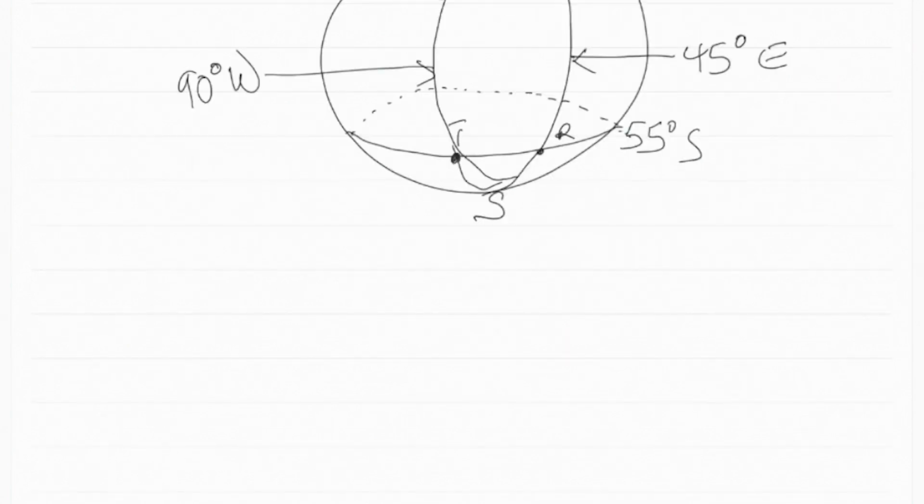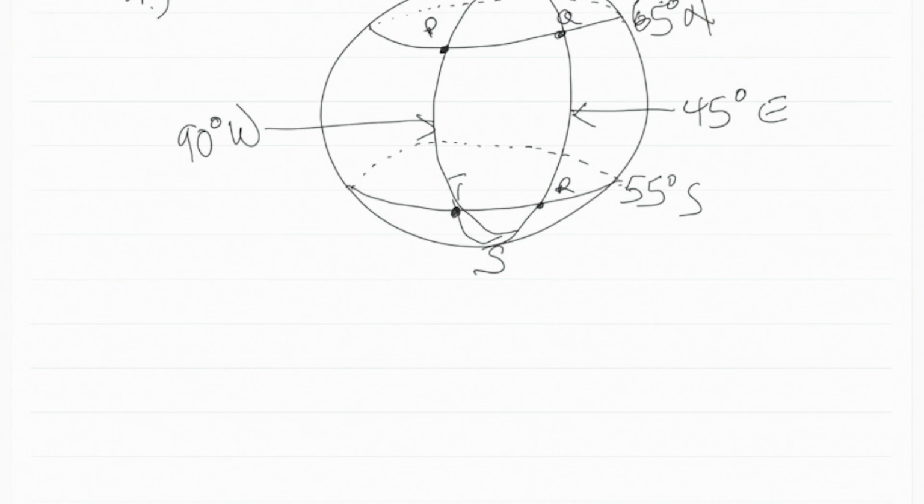Good. So you can see, and now the question states, find the difference in longitude between the points T and